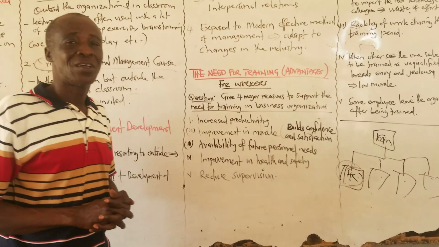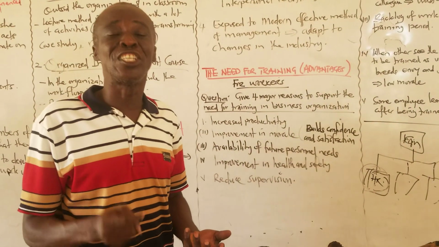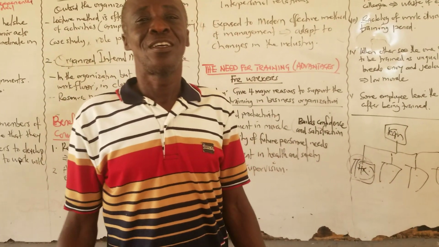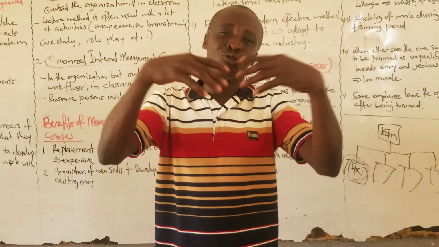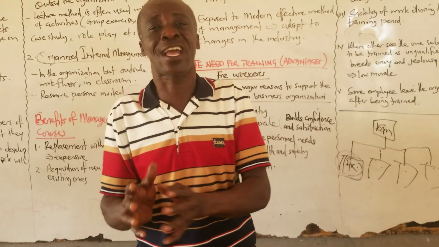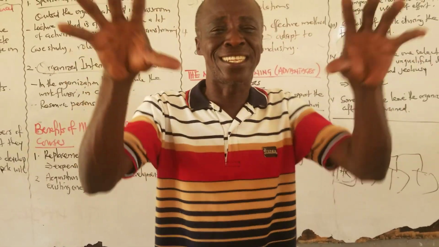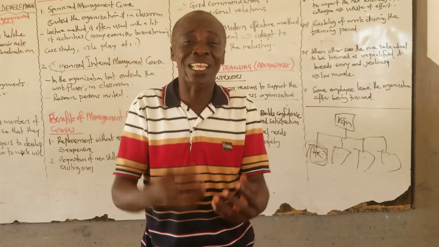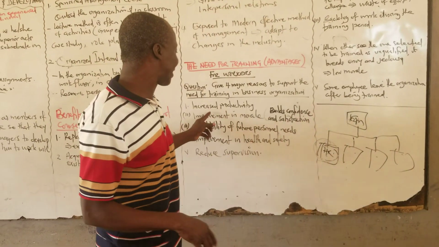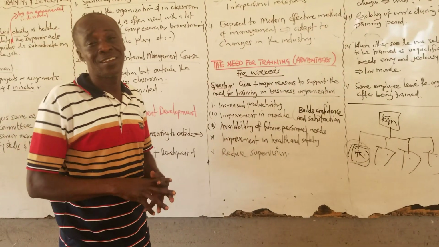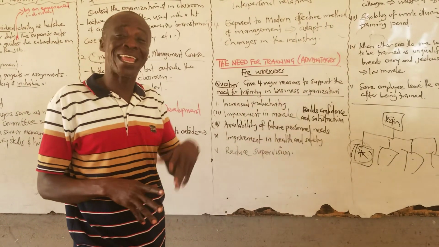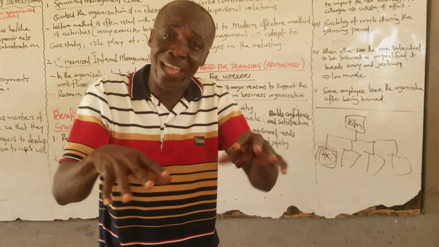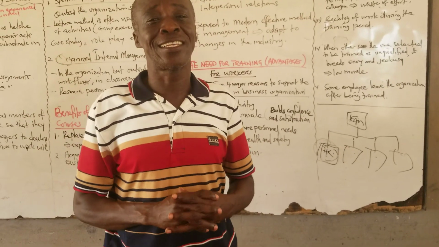Very simple. Once the worker has been trained, it means that you have the right skills to perform the job. Now, if I'm teaching and I know what to do, I have the right pedagogical skills to teach, to impart knowledge into the student, I become confident. I teach confidently. And my morale will be high. If I know my left from my right, if I know the ins and outs of my work, I become happy with the work that I do.